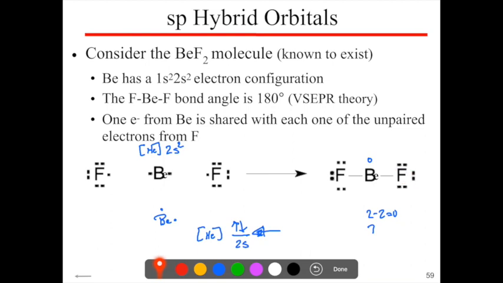1, 2, 3, 4, 5, 6, 7. 7 minus 7 is 0. And this side looks exactly like the other. This is a true good Lewis structure, although the beryllium does violate octet. It is less than octet, but formal charge allows me to do that. Now, let's take a look and see what happens with